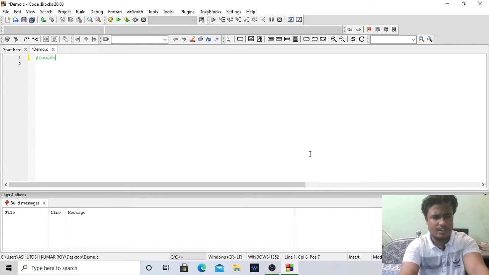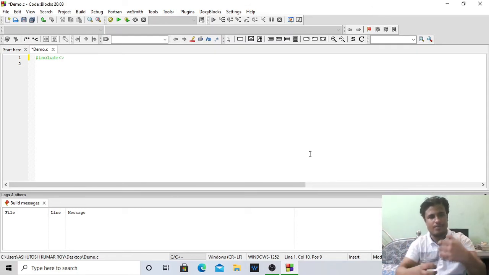Include. If you remember the brief history of C programming in the last lecture, I told you about the preprocessor, like inclusion of a file. In the preprocessor we just include different files in our code to use them, because the things we are using here are already available everywhere.